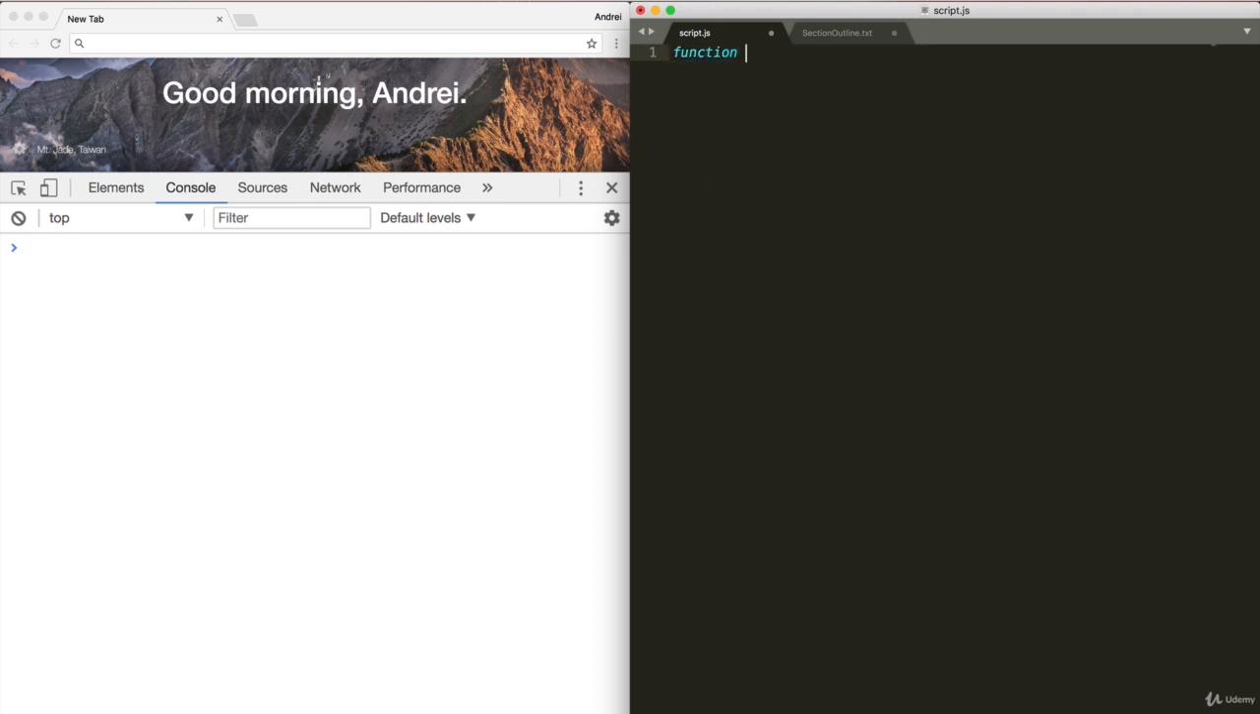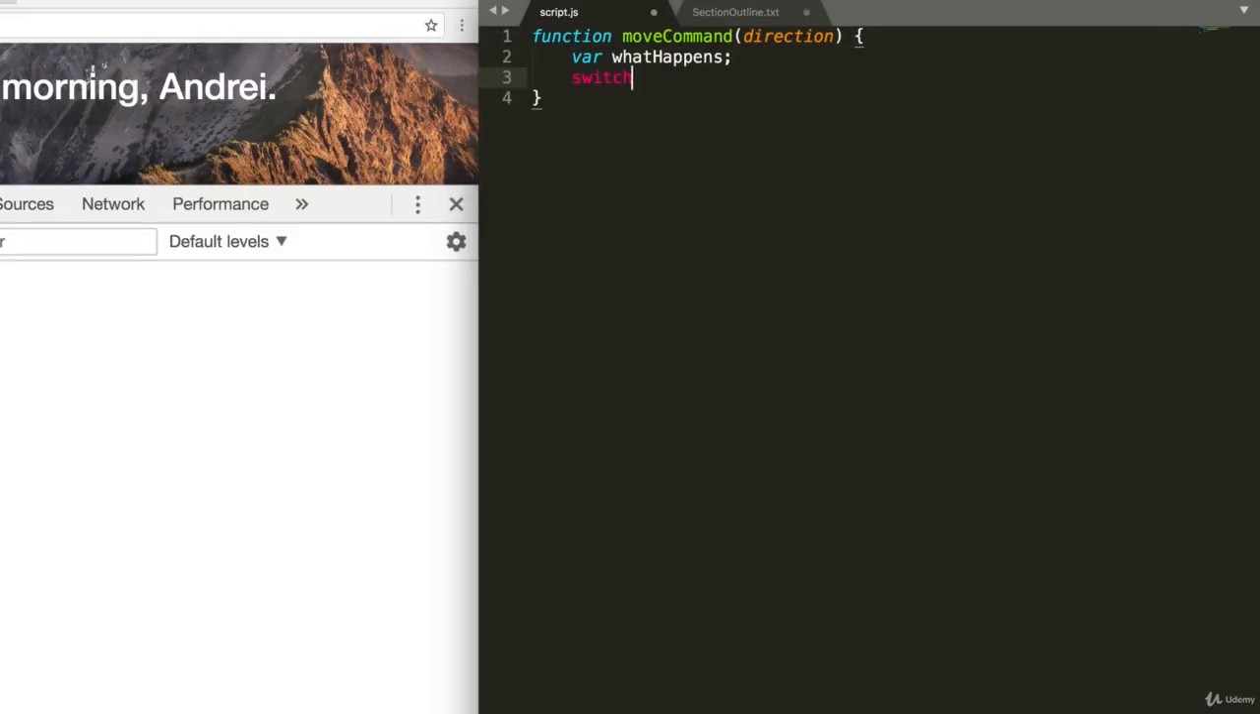I can say function moveCommand, and we'll say it accepts parameter direction. Within this function, I'll say variable whatHappens, and we'll say switch. Notice that it's a keyword, so it's now highlighted in red, and I'll say direction. The switch statement is going to accept direction. It's going to check direction. And within here, we'll say case forward,